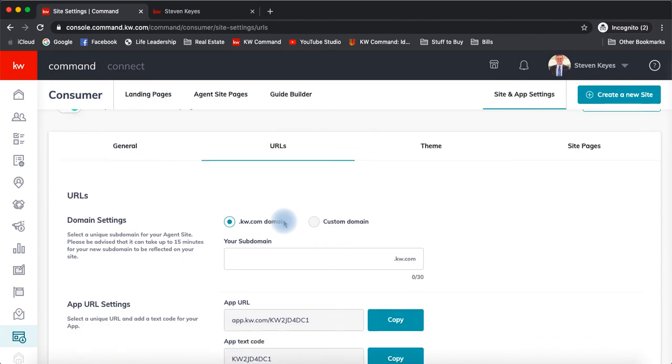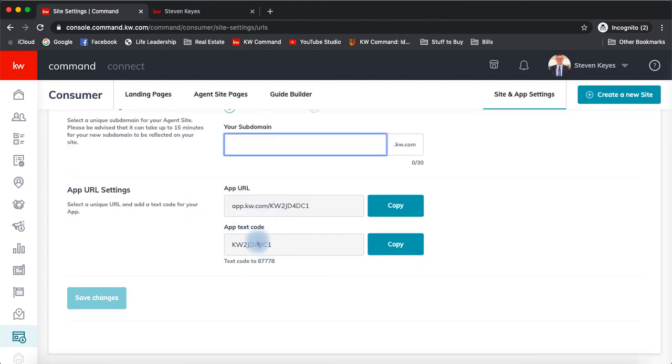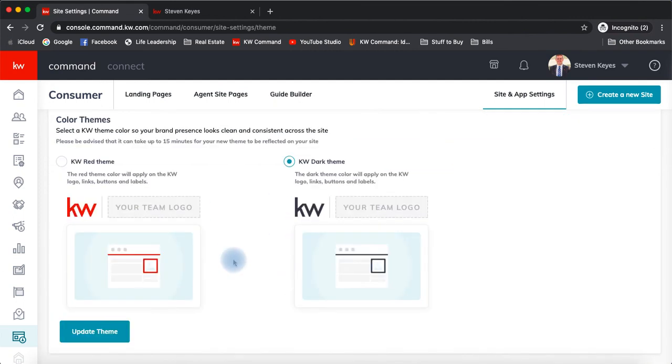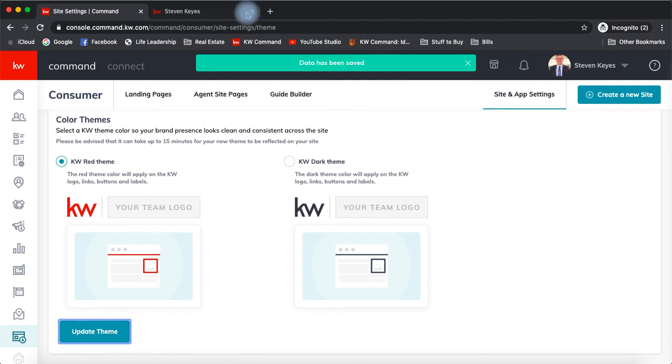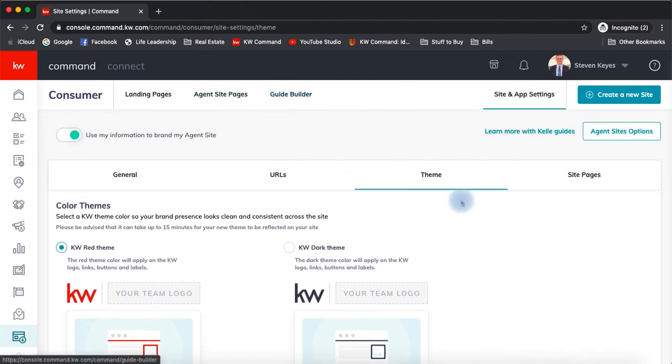So you can change your subdomain here. It's got a custom domain. This looks like it's something that's coming. But right now you can just change right here. You can change your subdomain. And then these are links for your app again. Theme. Here's where you can change the theme. So you can change it to your... see, this doesn't look very pink on here. Let's see if I can update this and see if I can get it to change so that we can